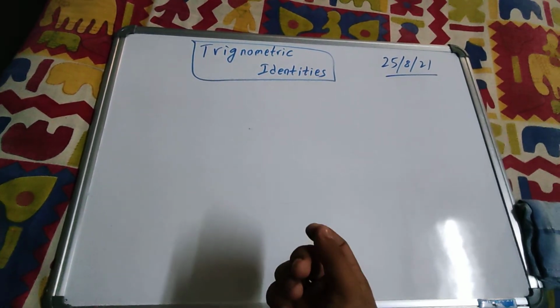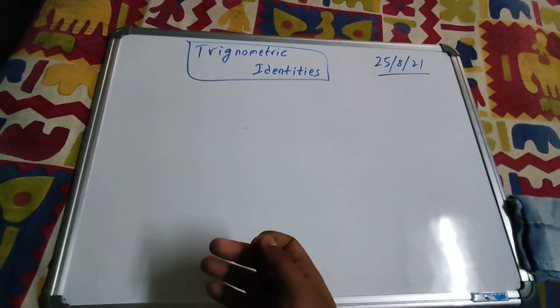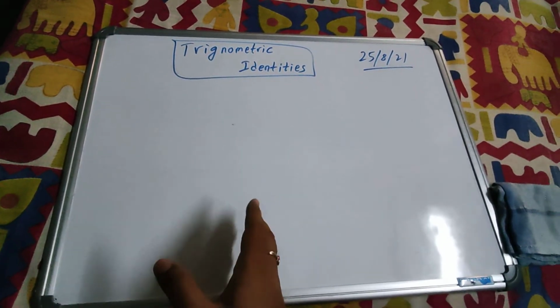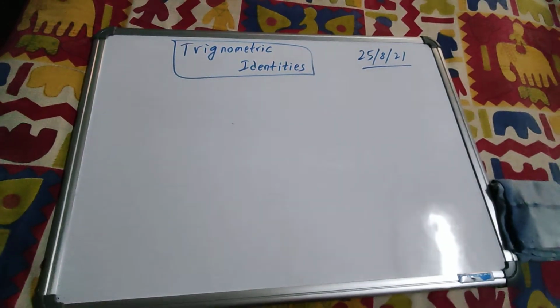That's why this chapter is a little bit more difficult than the previous counterparts, like the normal standard angles, or rather the ratios. So this chapter is a little bit hard, and you have to apply a little bit of your mind while doing the sums of this chapter. Okay, so let me start.